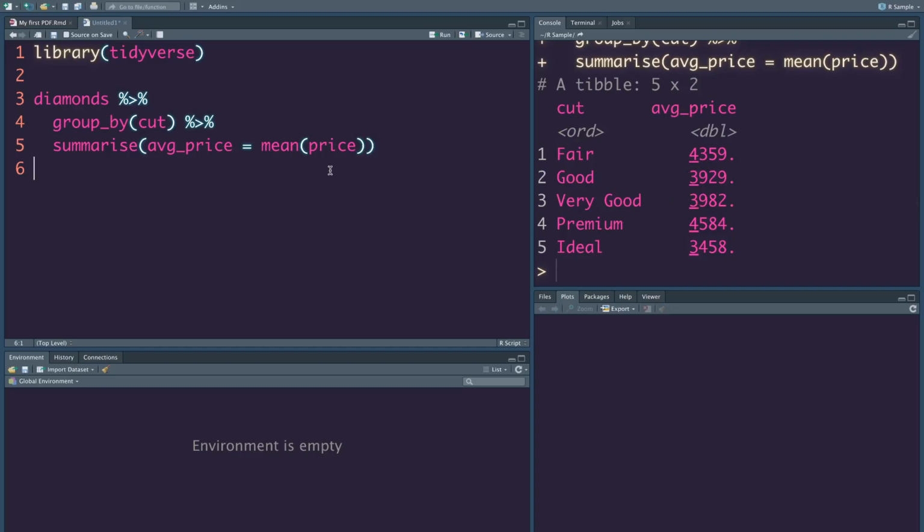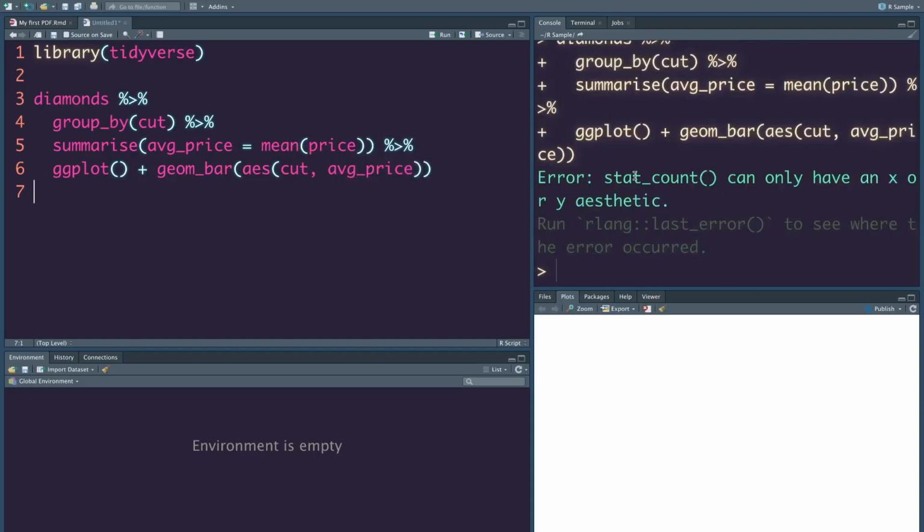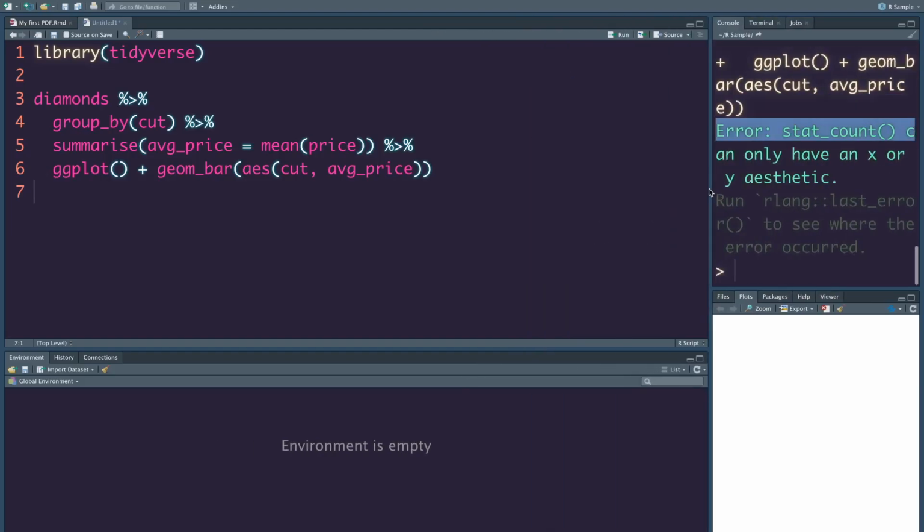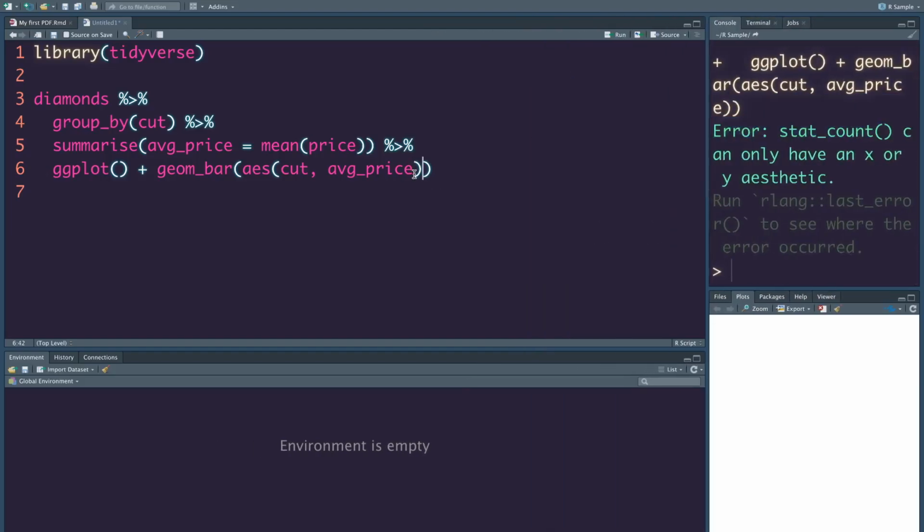Once you have this, let's make a ggplot bar plot. geom_bar with aes, your x is cut and your y is average price. You can see that you are facing this error called stat_count. This is an error we have faced n number of times. The way you solve it is to put stat equal to identity.